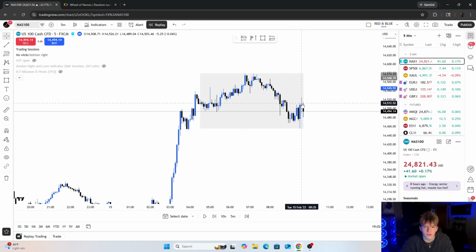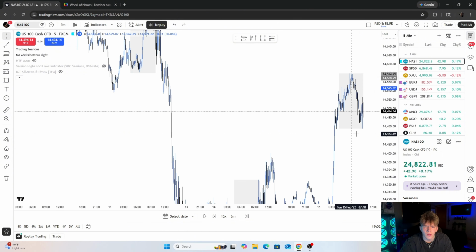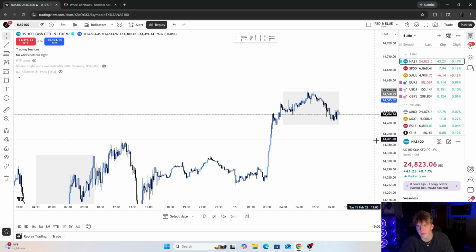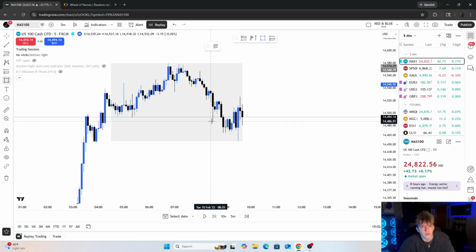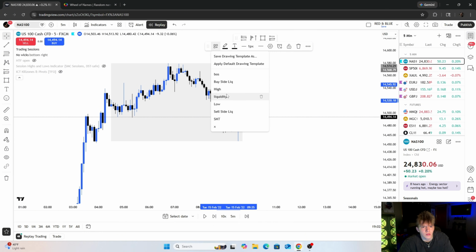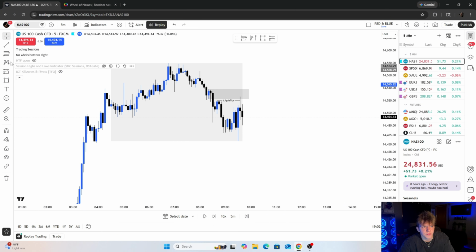Do have a supply zone here. This is interesting because why is it New York open but you barely have volume? These candles should be massive right now. I'm kind of confused. It's not like a bank holiday or anything, I don't think so. No, because it's a Tuesday, I wouldn't think. Well, we have a supply zone here, the level of liquidity.